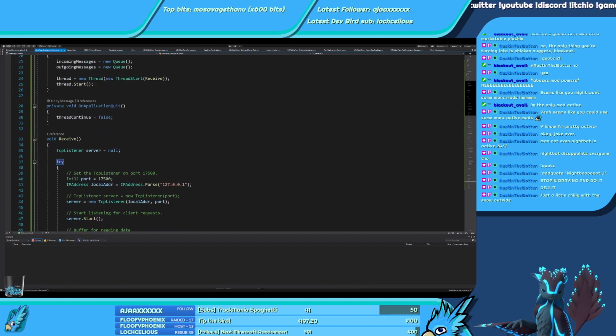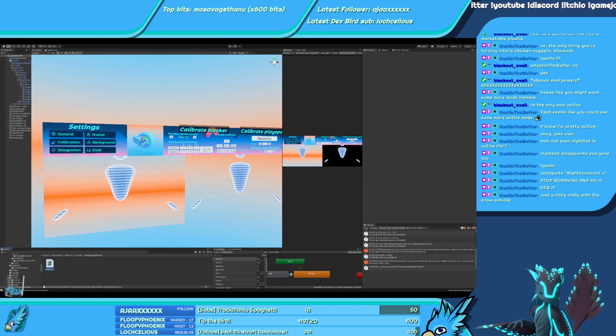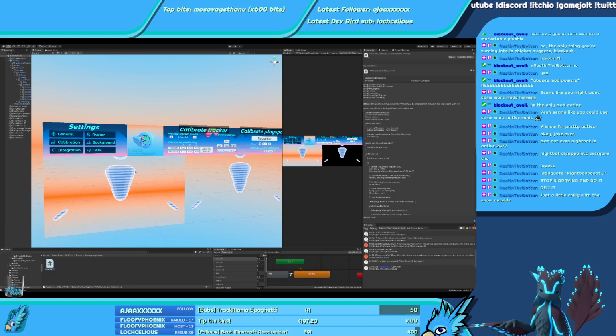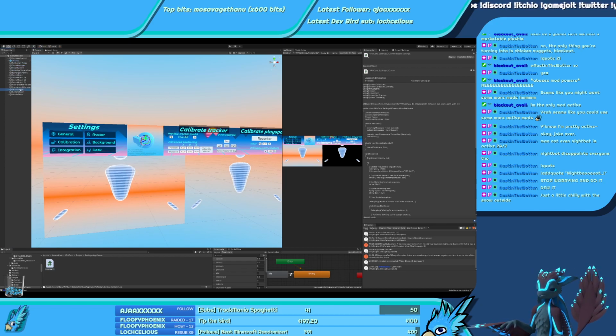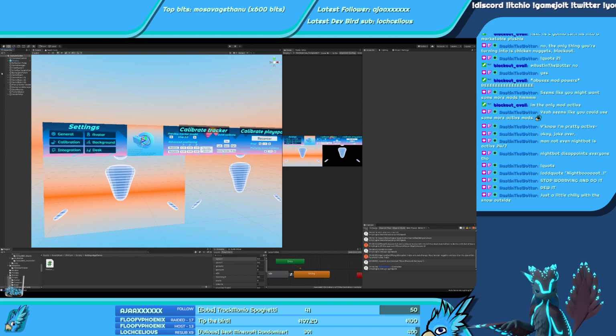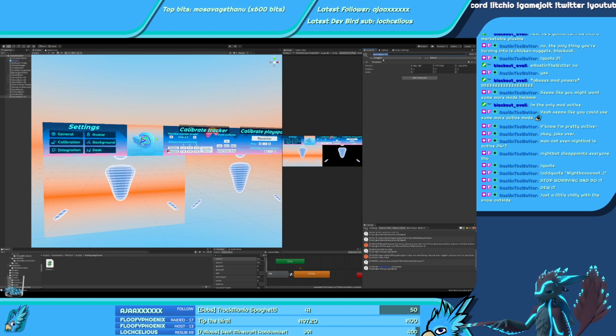So this would be the VRChat cam side, so the application side. But first, let's see if there's any errors. If I just yeet this here. There's settings, app, TCP listener.